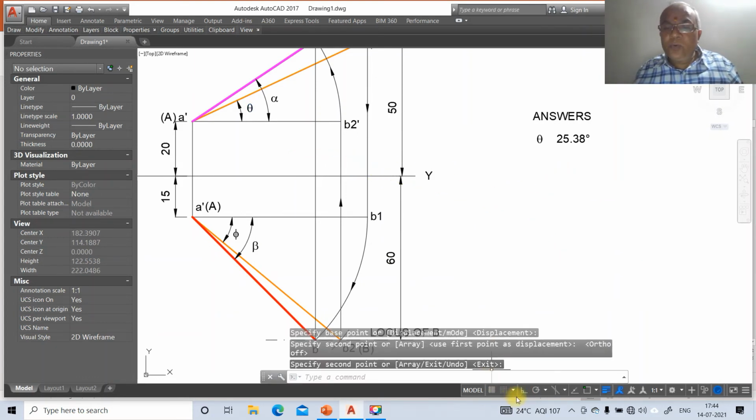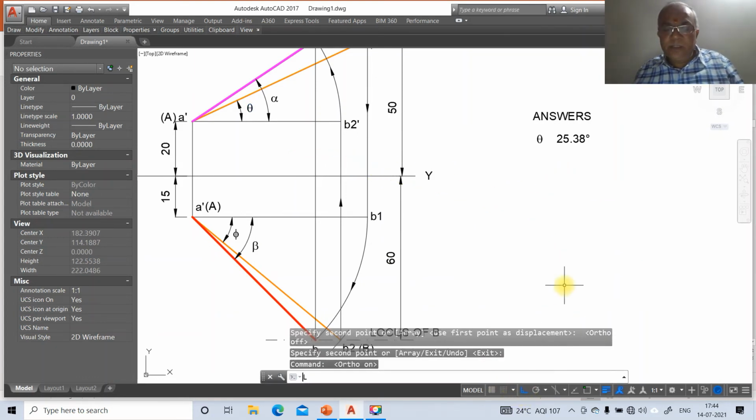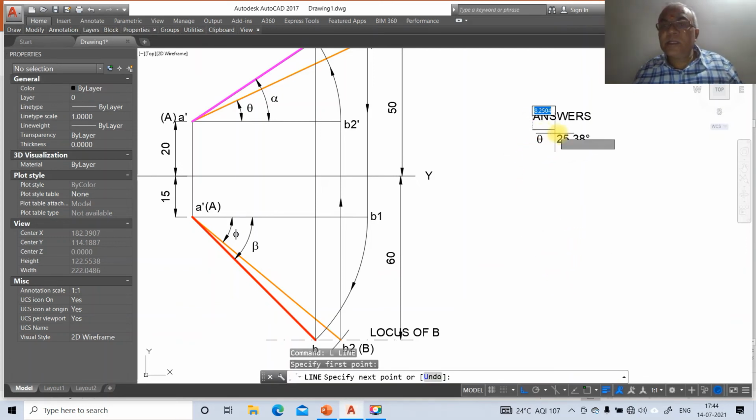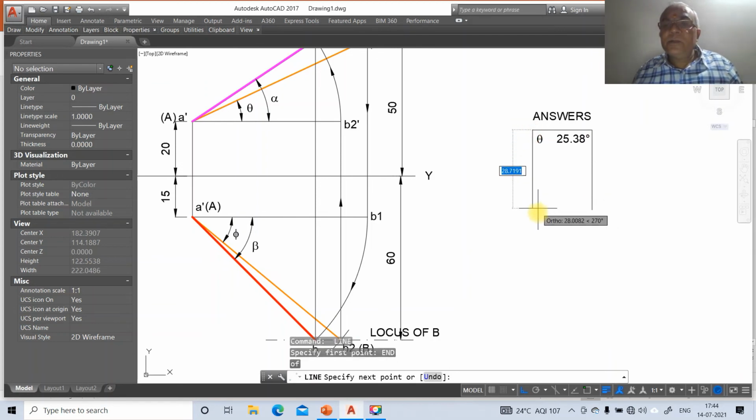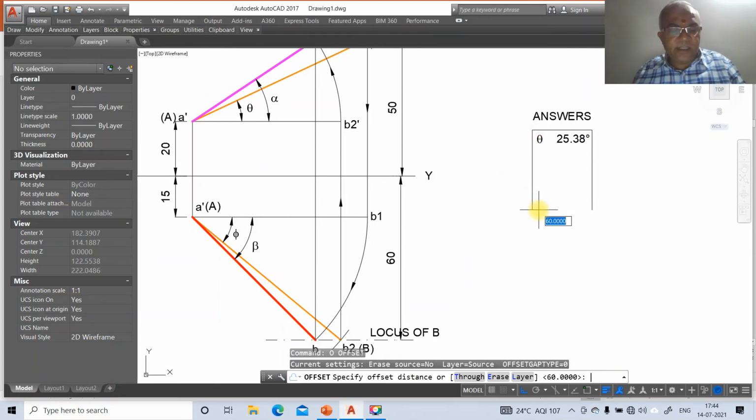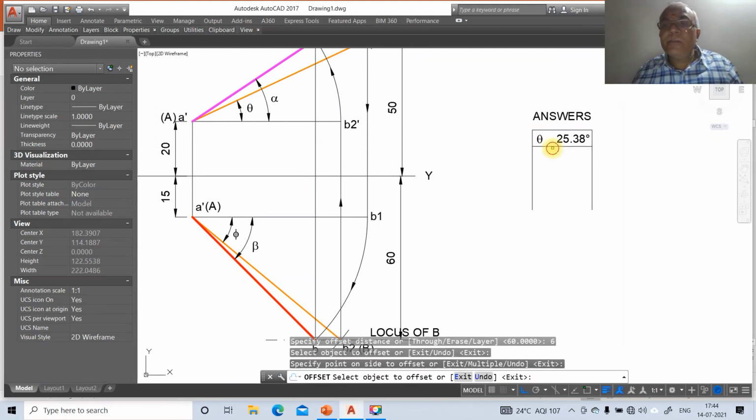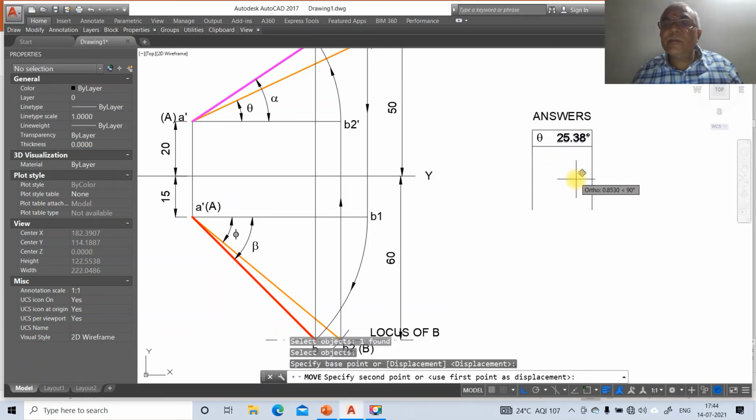Now you switch on the ortho mode. Then go to line and select this and drag this. Go to line, take endpoint. Then go to offset, take the distance as 6. Then move, you move this. Similarly, you move this.